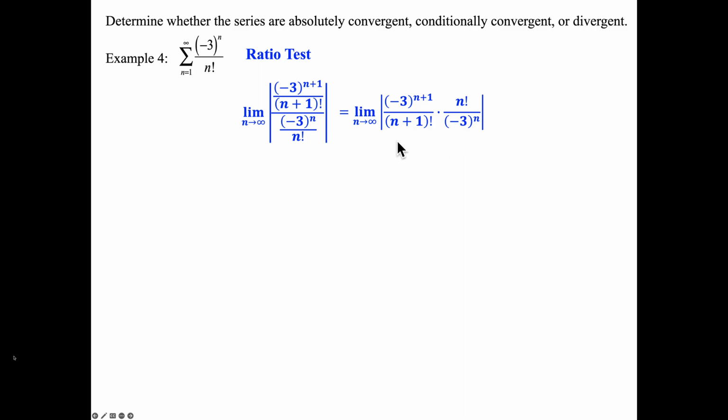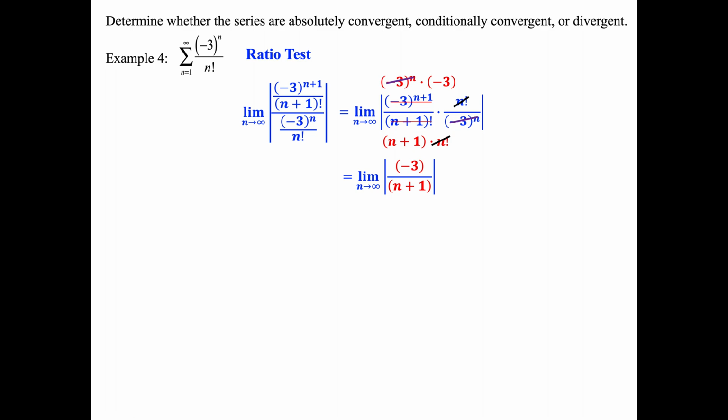And now we're going to do some factoring and canceling. The negative 3 to the n plus 1 power is going to be negative 3 to the n times negative 3 to the first. So we're just separating those two. The n plus 1 factorial, start with n plus 1, start counting backwards by ones, you run into n factorial. And now you can cancel the n factorials, you can cancel the negative 3 to the n top and bottom, and then you're left with the limit